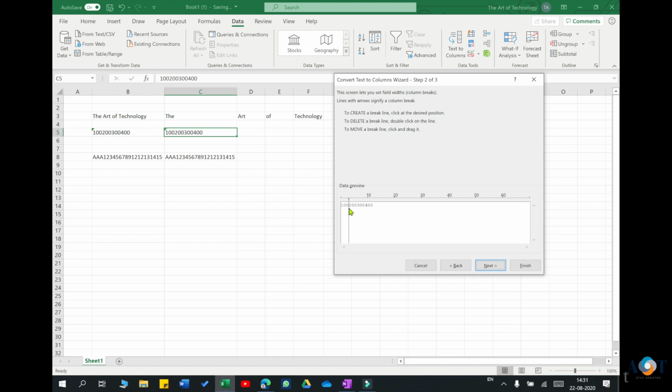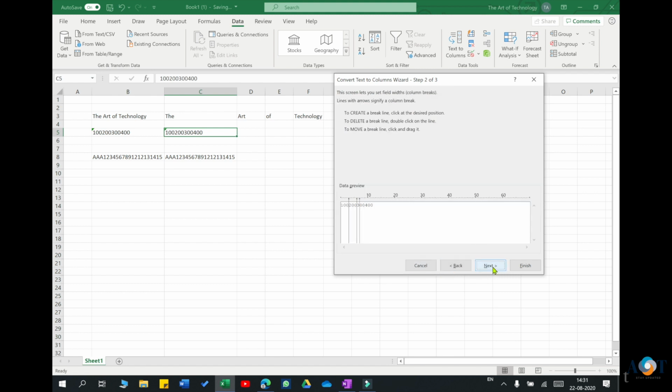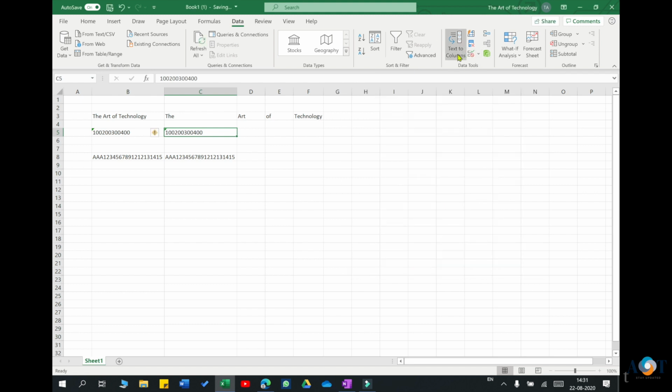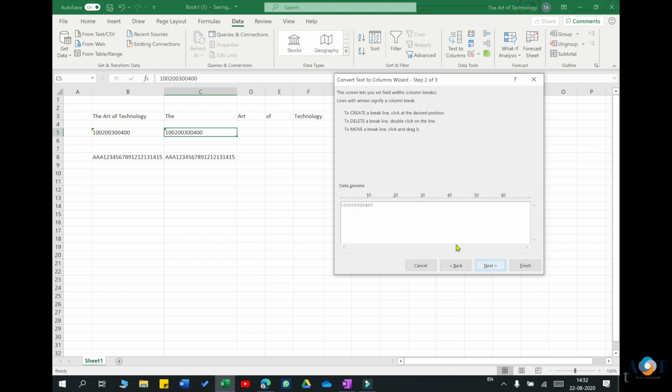Let me cancel and start again with Text to Columns, Fixed width. After 3 digits I want to separate from 100, then from 300, then from 400.